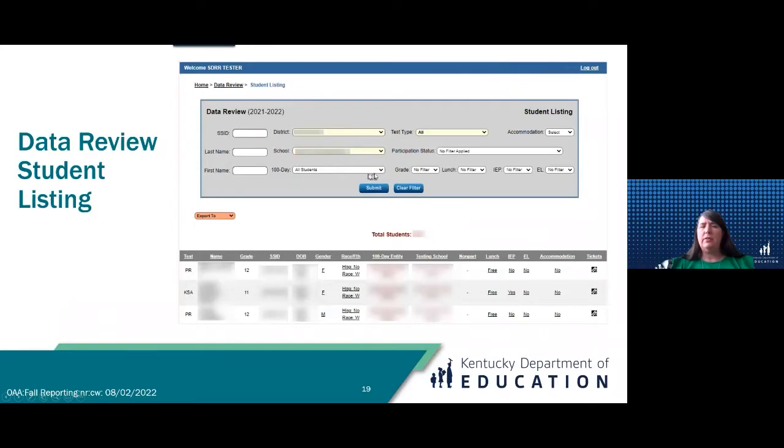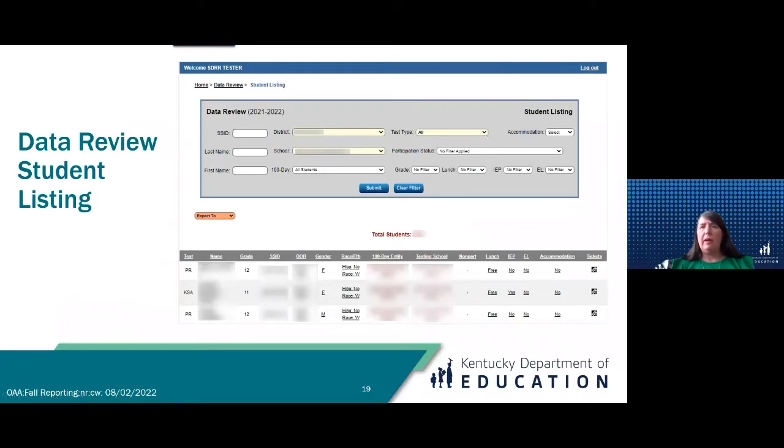Your 100-day students who are not 100 days, you'll be able to see that underneath that: tested, but maybe not 100 days for you, or tested and 100 days to you. You'll be able to filter by that underneath that 100-day filter. Also, test types, and that's all of our test types.